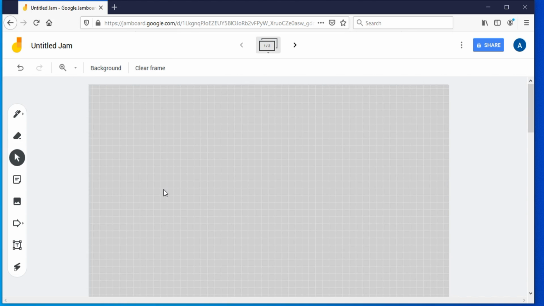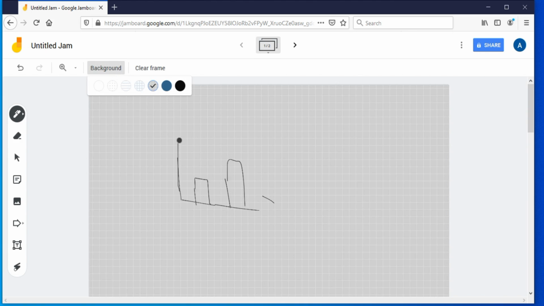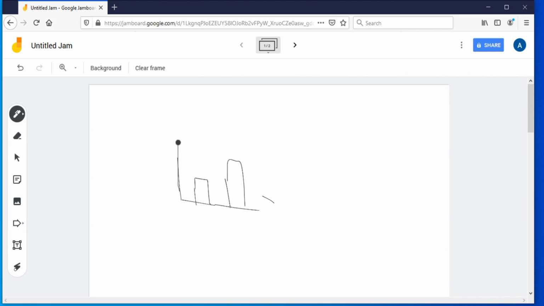Another type of board that you can use efficiently is for showing the graph. So this is also a very good feature of Google Jamboard. You can show or you can explain the graph also. So I think these options are not available in other softwares of board. So this is the way to use the Google Jamboard while online teaching.